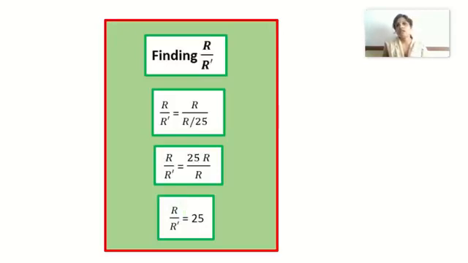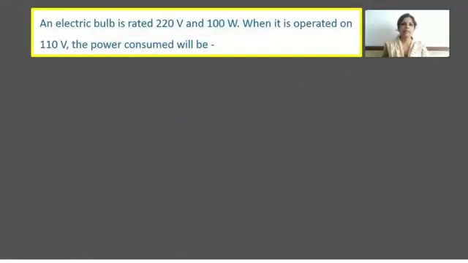Children, the question is for multiple choice, and just see even for multiple choice how much you have to solve to get the answer. So nothing is simple. You have to actually sit with pencil and a paper when you solve the numericals, which are in the form of multiple choice questions. You have to solve and then check the correct option. So in the options this answer is there, which is the correct option. Let's move to the next sum.